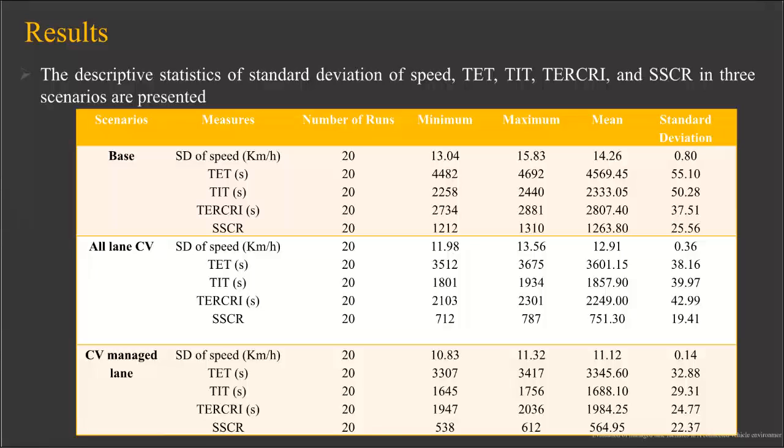The second surrogate safety measure is the TET, which refers to the total time spent under dangerous traffic conditions. The third surrogate safety measure is the TIT, which refers to the integral of the TTC lower than the threshold. Also, the rear-end conflict risk is represented by the TERCRI value. Sideswipe conflict risk is represented by